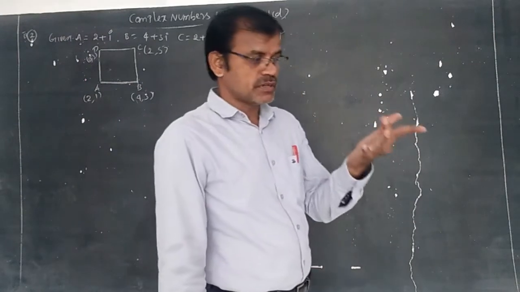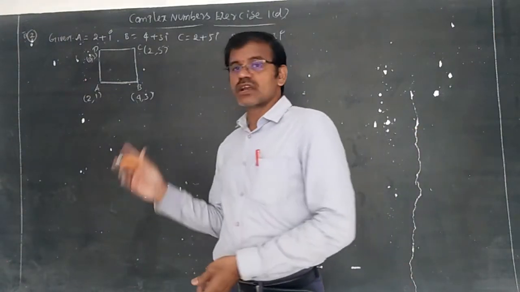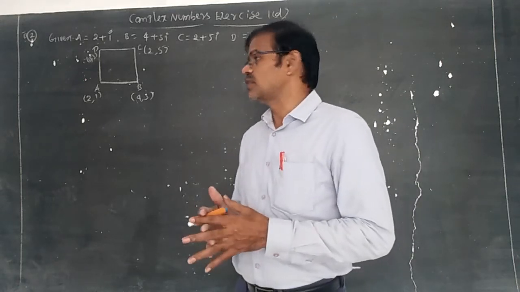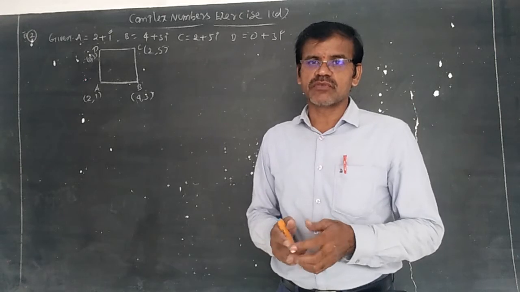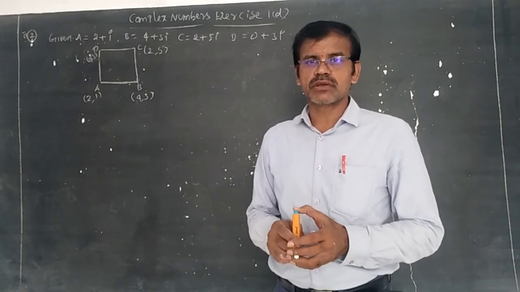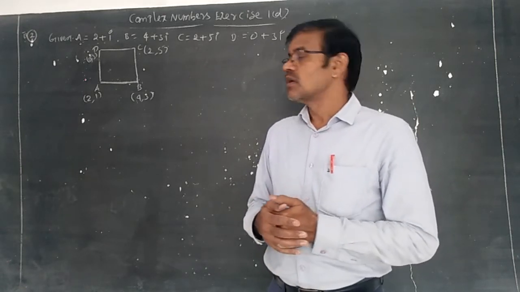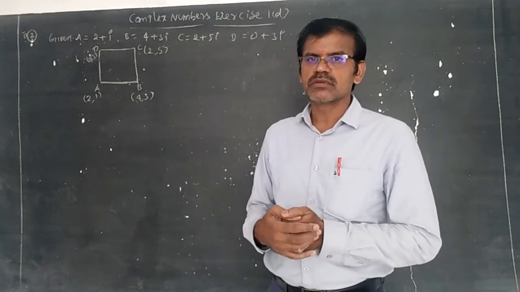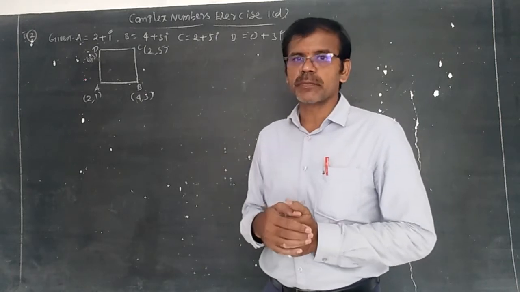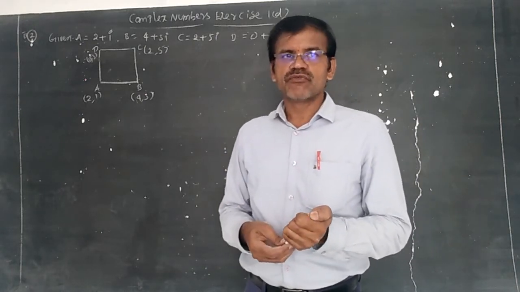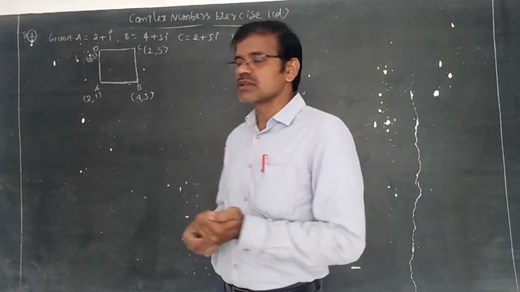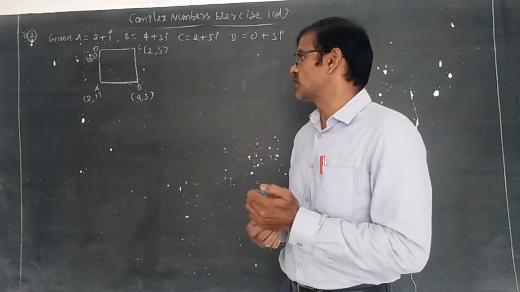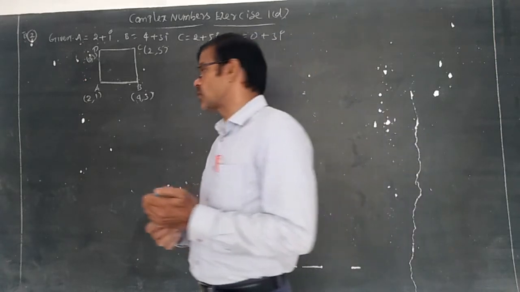It is nothing but a geometry concept. You can use the properties of squares now. Length of AB, length of BC, length of CD, length of AD, all sides are equal in the square. Next, diagonals are also equal in a square. So you should calculate the 6 properties. If all sides are equal, then there is a chance it is a rhombus also. That is why it is better to do all the 6 properties.